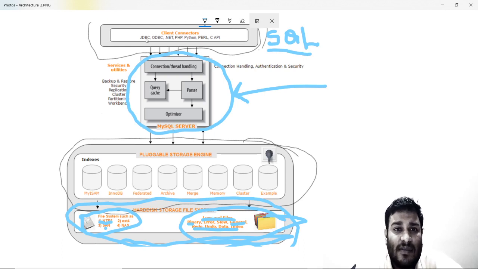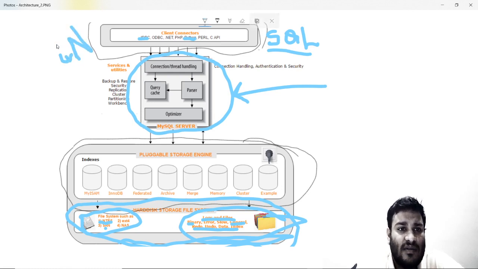Whenever we set up a JDBC connection or Python connection, any type of connection from our client machine, we are required to give some parameters. The first parameter is always the username, which I am marking as UN. Then we have to give the password. Then we have a query string.